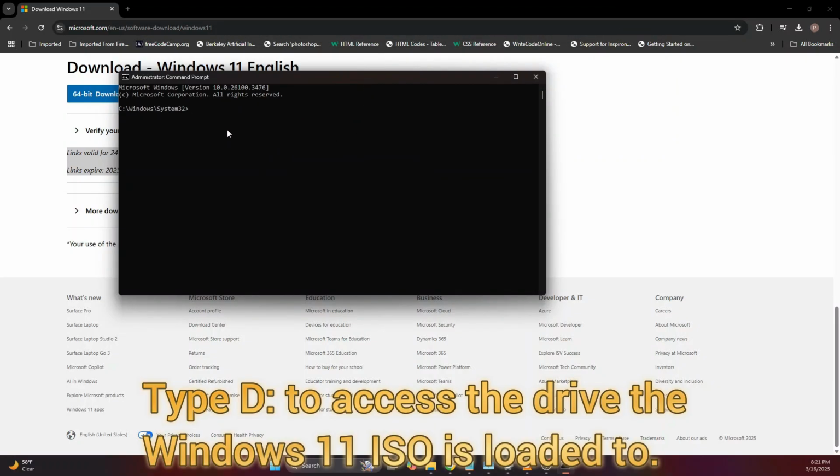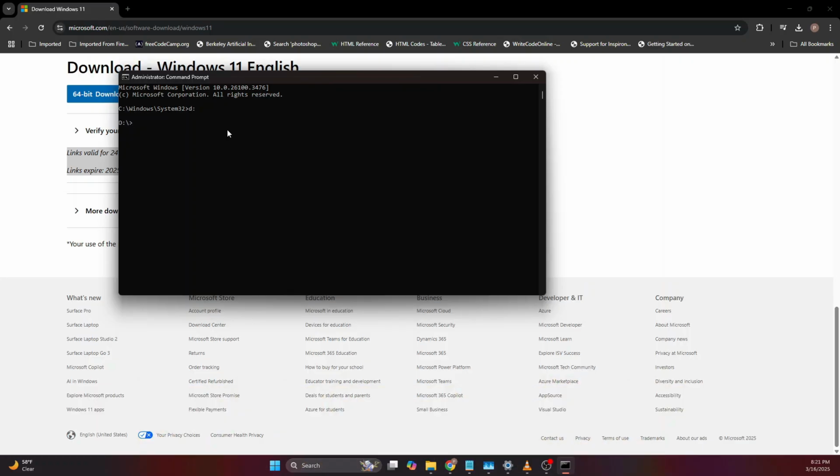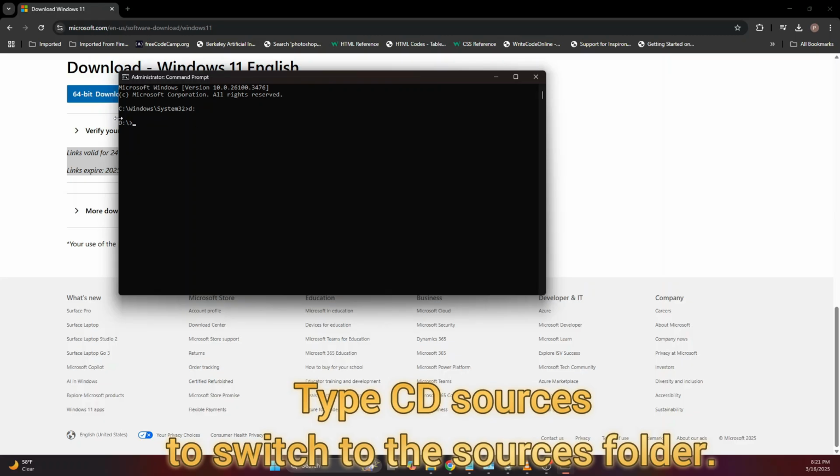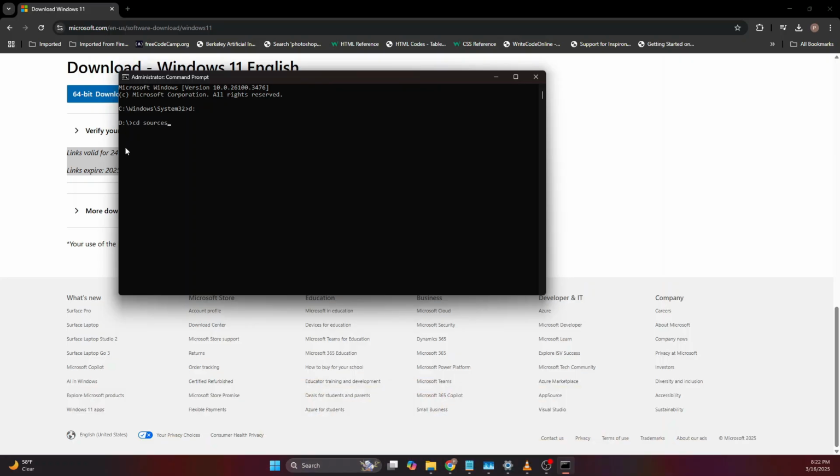In your command prompt, you want to switch to your DVD drive, so you want to hit D: and now it's switched to your DVD drive. Now you want to type CD space sources, and you want to change to your sources folder within the CD-ROM ISO. And within your sources folder, to start this, you want to type